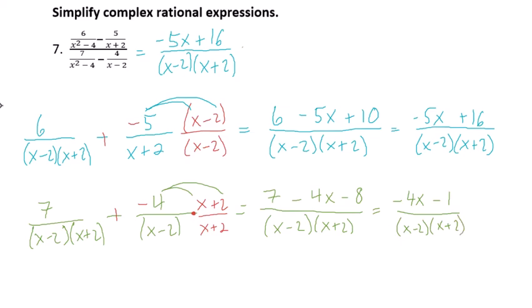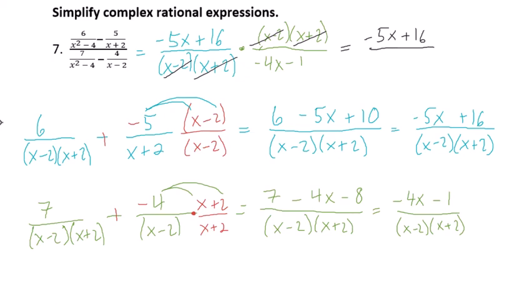So again, that's division, which I'm going to make multiplication by flipping top and bottom. X minus 2, x plus 2. And I get a negative 4x minus 1 here. Okay. X minus 2 cancels, x plus 2 cancels, and we're left with a negative 5x plus 16 over a negative